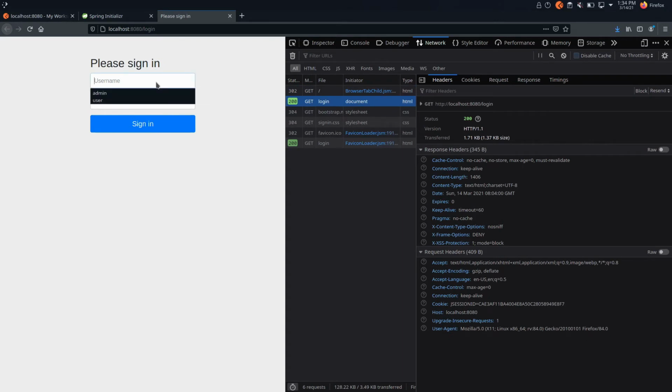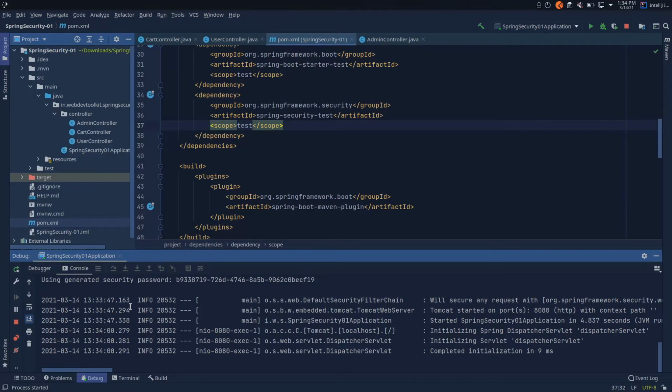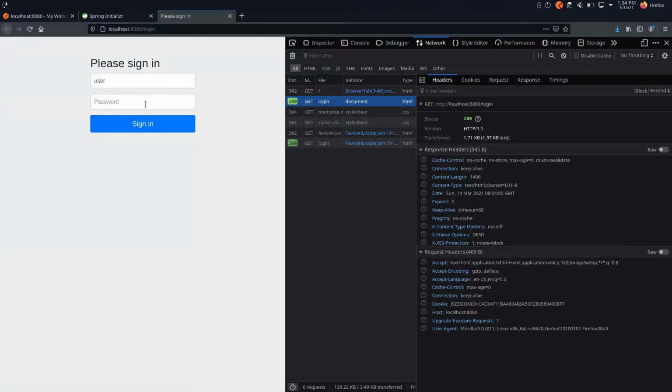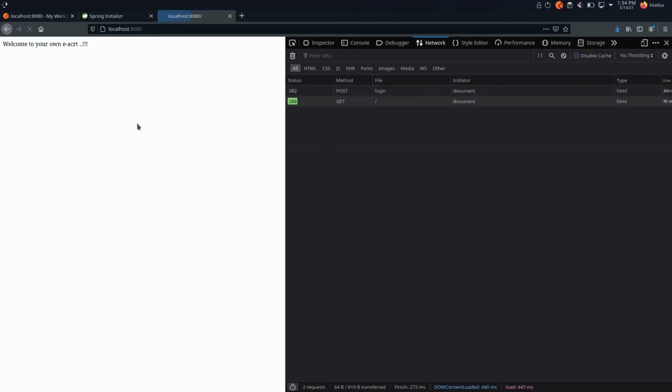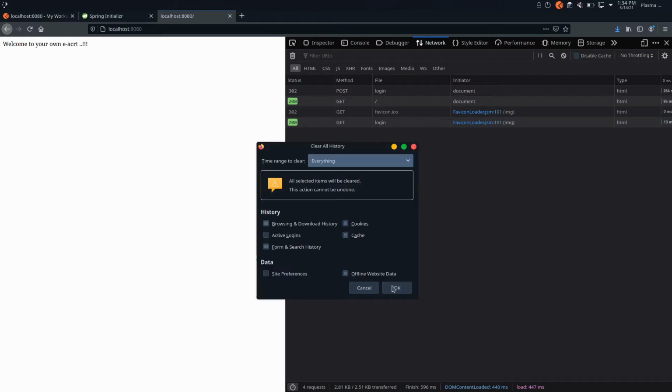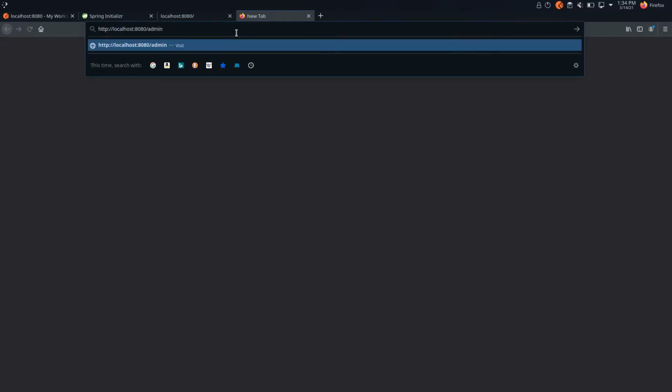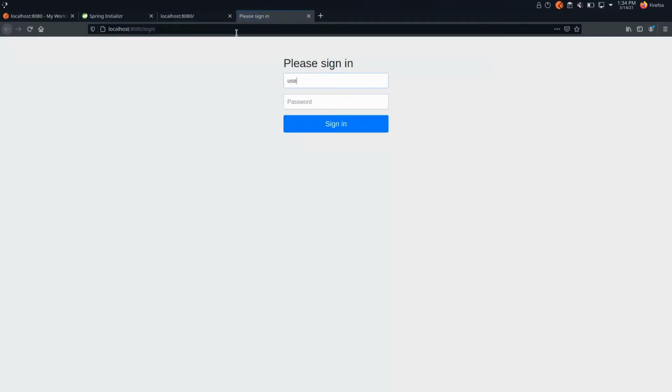By default, Spring generates one user for us whose username is user and the password will be present on this console. See, you are able to log in now. Now let me clear our cache and you can access other URLs as well, like admin. It will again prompt for username and password credentials.